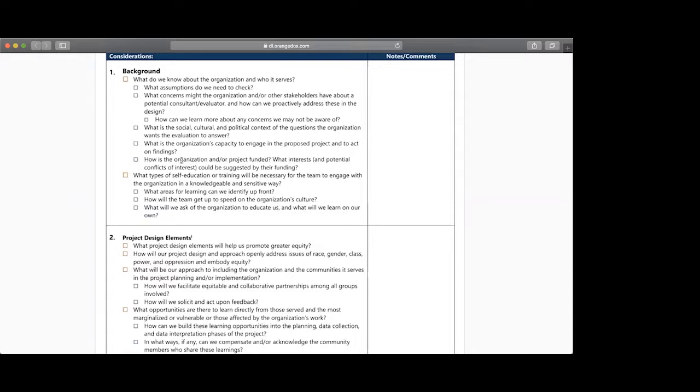So I'm trying to see how this overlaps with the checklist that you should be doing anyway, and how it diverges from that kind of fidelity to implementation checklist.